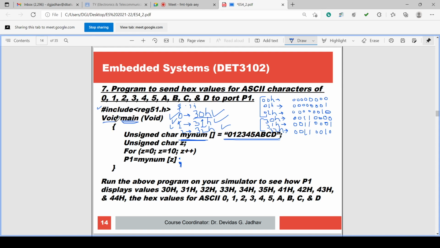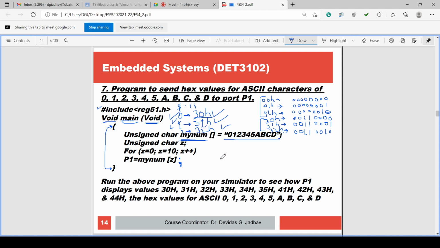It is not returning anything, so void main, and it is not having any arguments, so void in brackets. This is the opening curly bracket and this is the closing curly bracket for the main. So the main program is in between these two curly brackets.